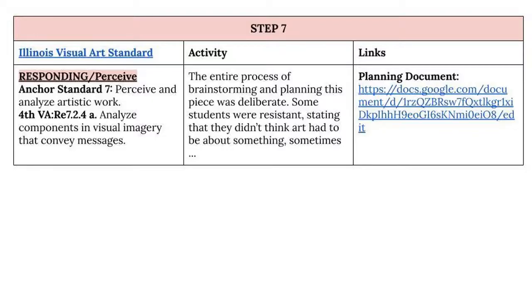He talks about racism against Latinx people and how if a person who is racist against him could sit down and have tea and have a conversation with him, they may see they aren't all that different. The juxtaposition of the Confederate flag on this teapot with the discussion of racism against Latinx people is powerful and moving. From here, we went on to Anchor Standard 7, perceive and analyze artistic work.